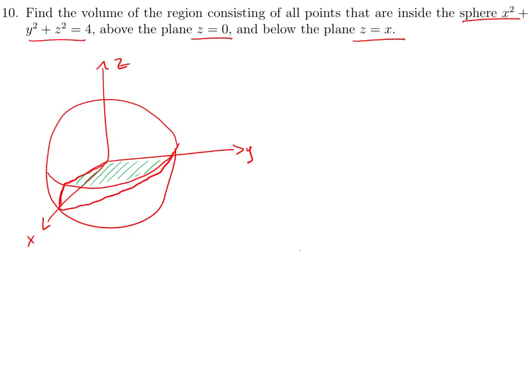And so what sort of integral should we use? I mean, we could try a double integral, if we identify this as the volume underneath the graph of some function, or we could try a triple integral if we identify this as a type 1, 2, or 3 region. Both of those will work. The simplest